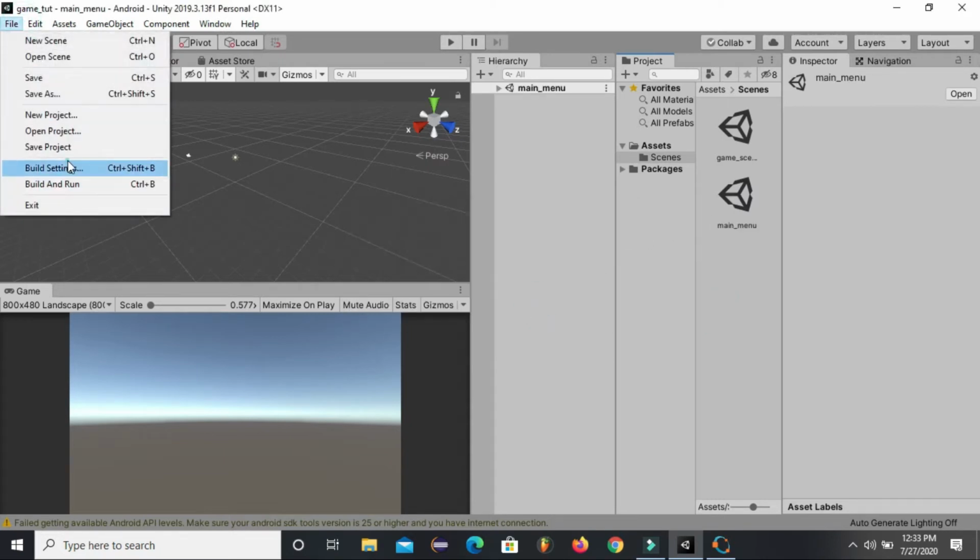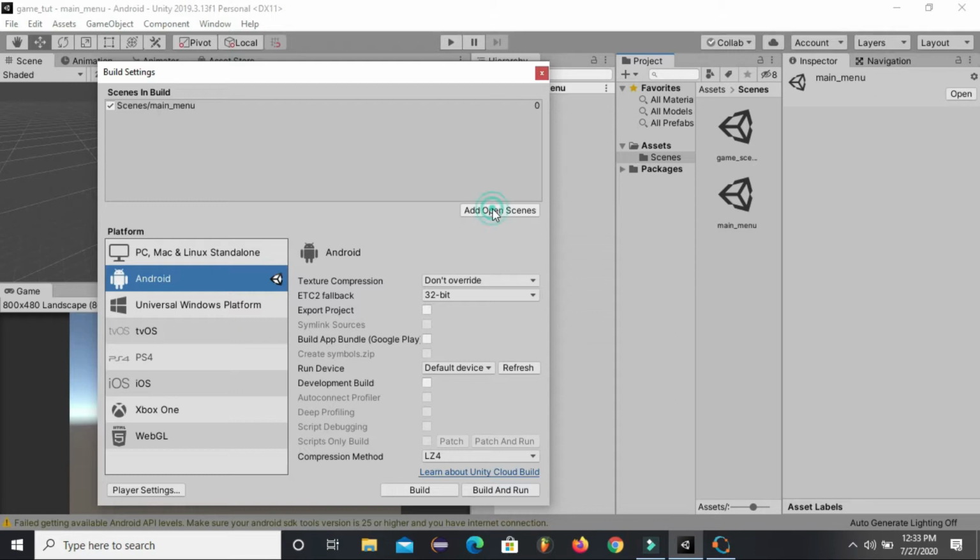Now go to build settings and add scenes. Make sure that you add these scenes in the order in which you want them to be loaded. First of all I want to load the main menu, that's why I have put this scene at the 0th place. Then you can see that I have placed the game scene after the main menu, at the first index.